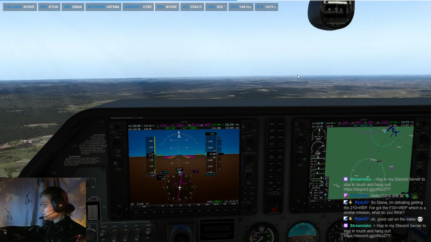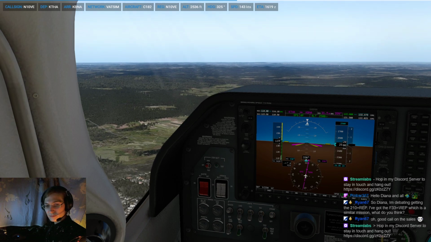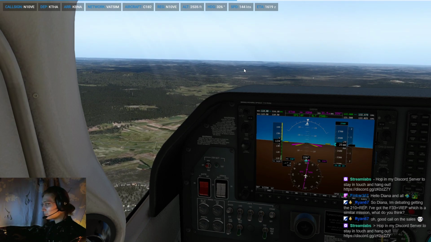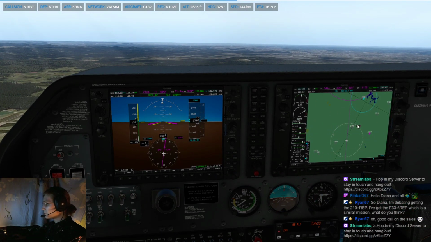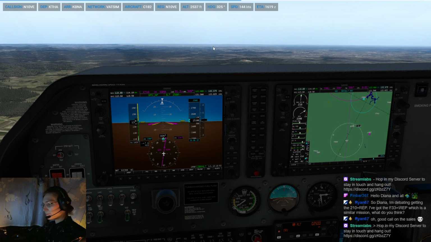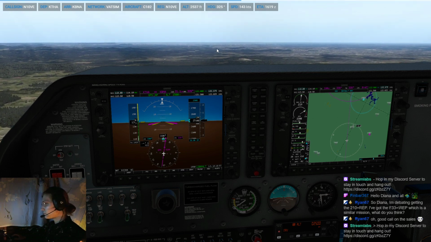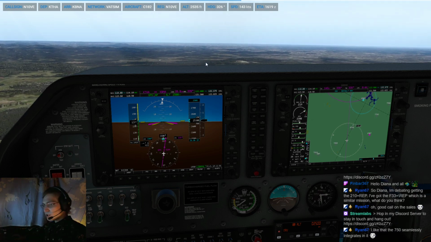Okay, coming up on Nashville. Nashville Class Bravo is on the screen already. 20 miles out, we would be conducting approach at this point, but